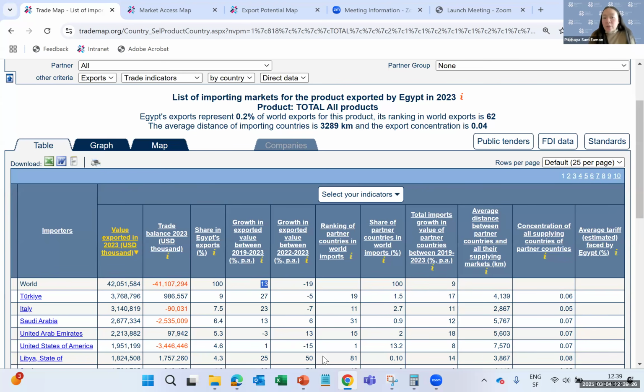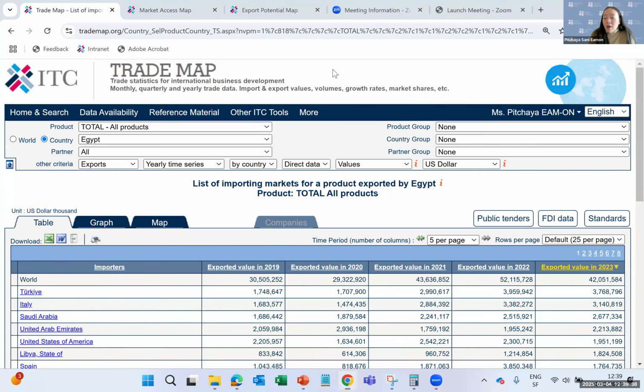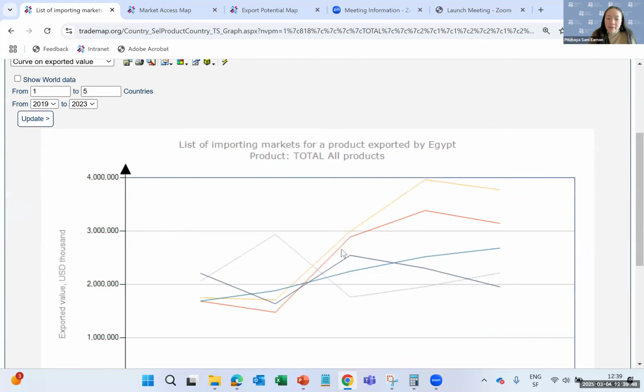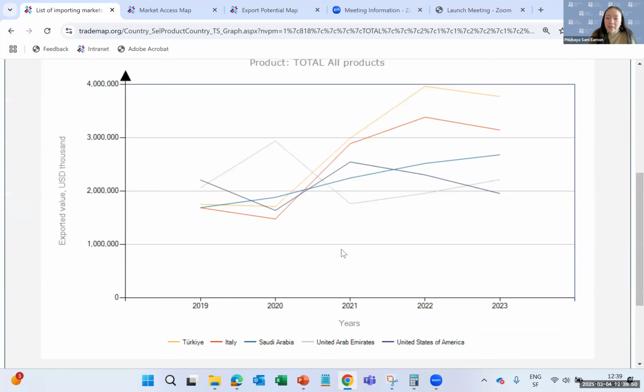of the time series. We can look at the trade in time series simply by switching from trade indicator to yearly time series, for example. We will see with which trading partner the trade seems to drop significantly. We can look at it in graph. And if you have a look at that,